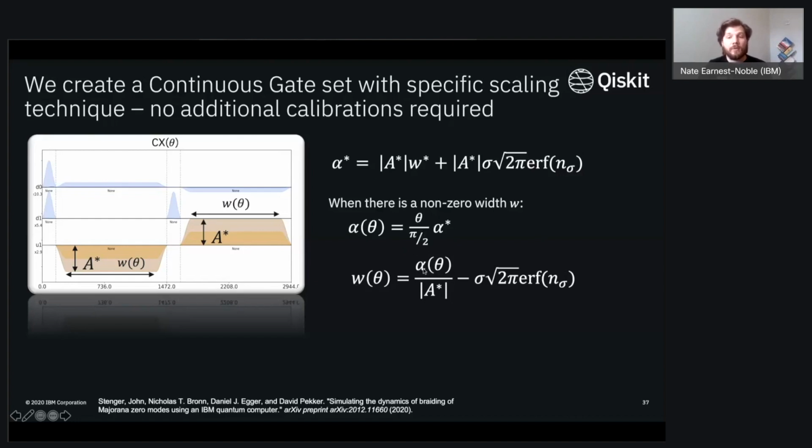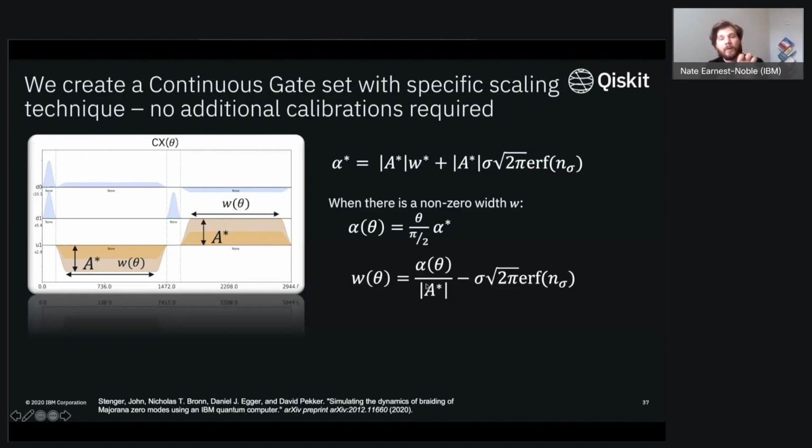and scale it down. So the reason that we start with the width here is that the width of our pulse will generally, by scaling the duration of it, behave in a more linear fashion than scaling the amplitude. The amplitude can often be quite nonlinear, so that would end up requiring that we would potentially need to do some extra calibrations. And the goal here is to try and avoid that. So instead, we're going to take this width of theta and implement it in that way.